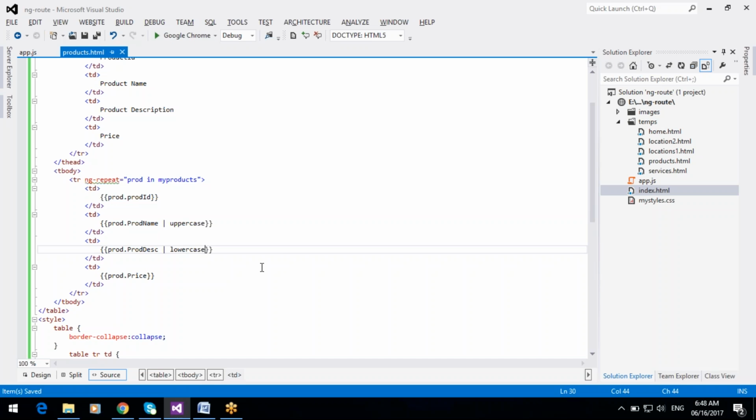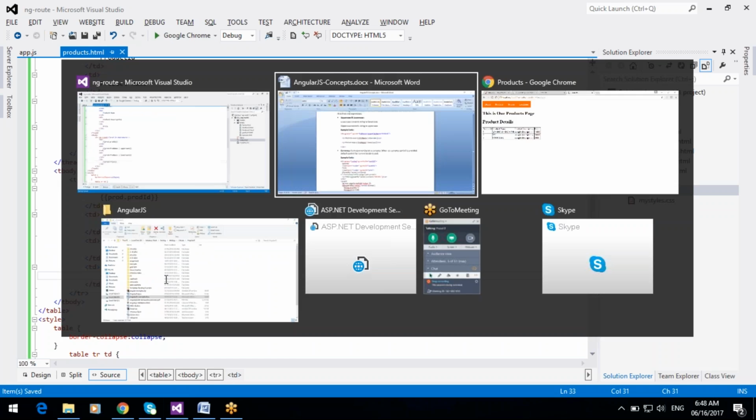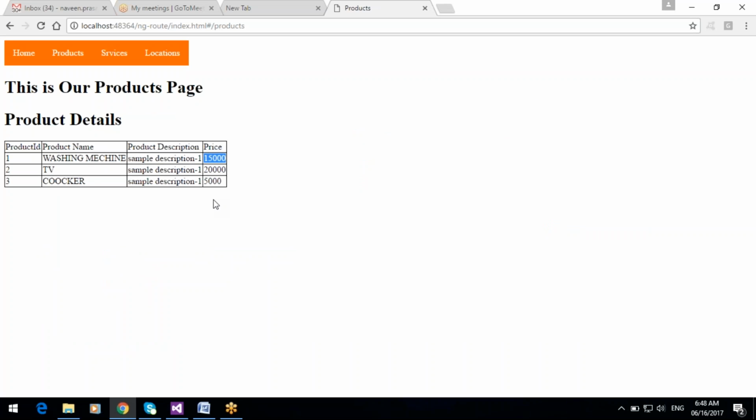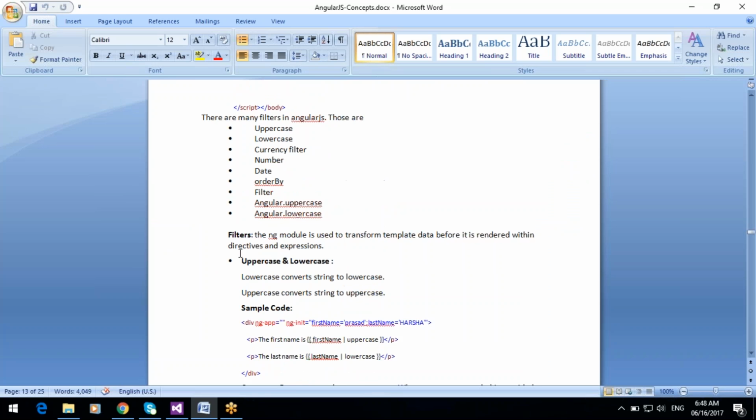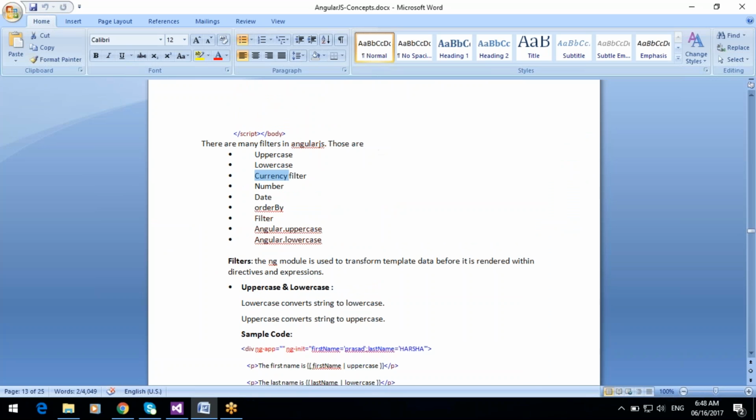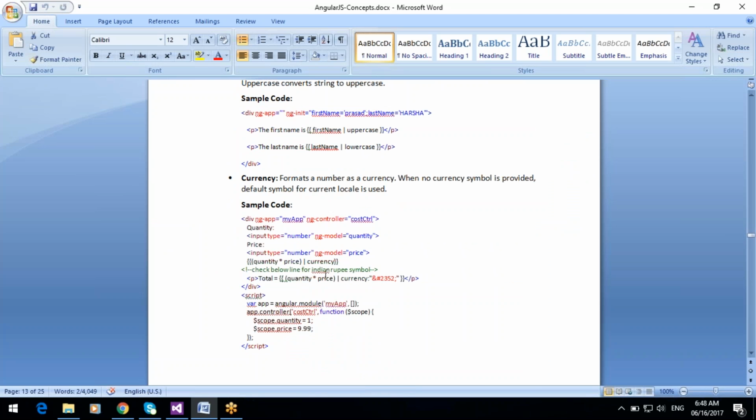In this example, for price, only the value is displaying: 15,000, 20,000, 5,000. But I want to display a currency symbol for this amount, so we can use currency as a filter, pipe character and currency.